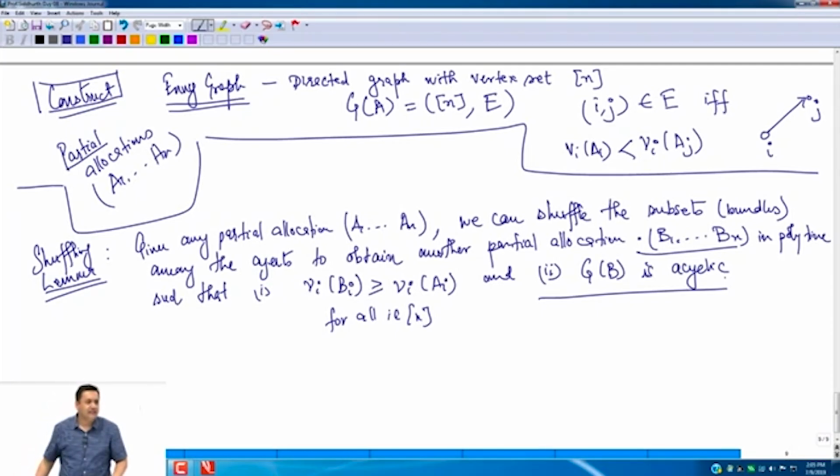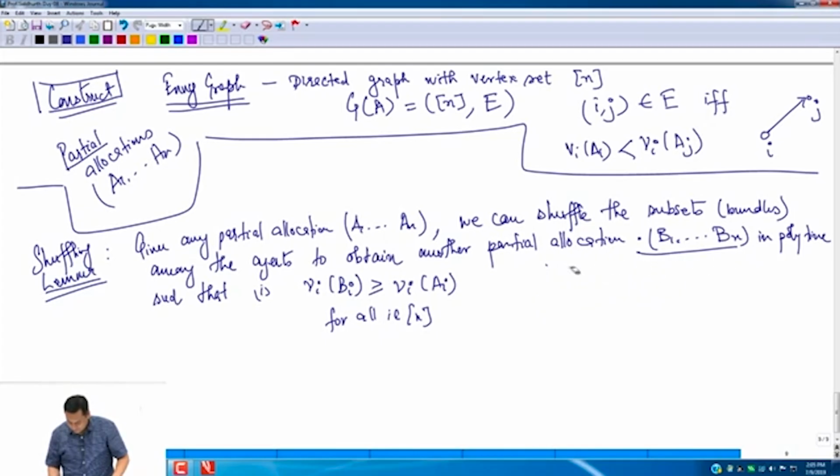Do I have to change anything to actually satisfy this? I just keep A as is. Do I get this property? Forget G. If you look at the first part, let me erase this. I'm saying here's a lemma. It does not refer to the NV graph at all. It just says blah. I'm saying it's a bad question, not just a bad lemma. Even just asking this is not.